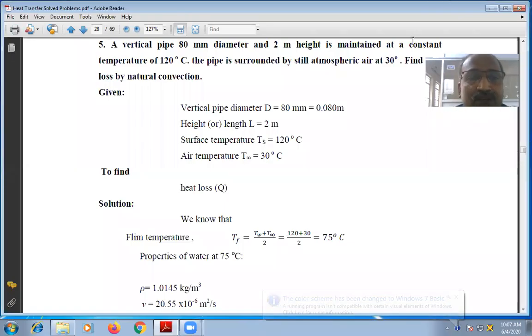Dear students, today we will solve one problem on free convection, also called natural convection. In chapter 1, when we dealt with convection terminologies and definitions, I told you that there are two types of convection: natural convection and forced convection. Convection is the heat transfer due to the interaction of fluids. Everybody knows about it. Natural convection means whatever nature's parameters are there, only on that basis convection happens, then that is called natural convection.